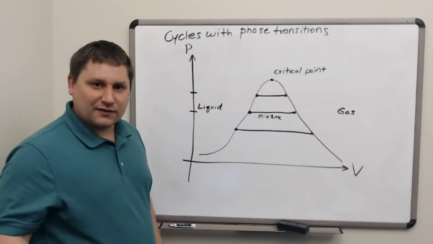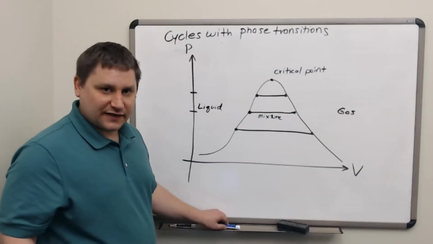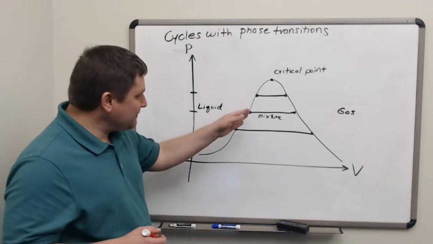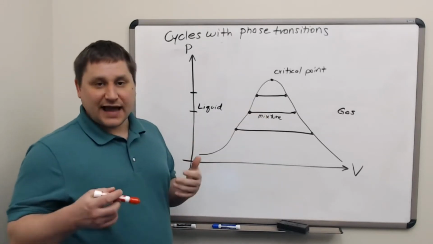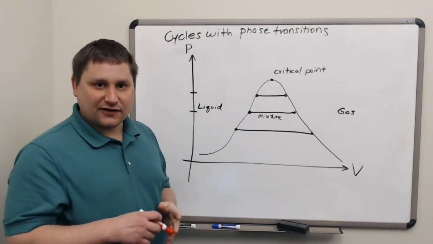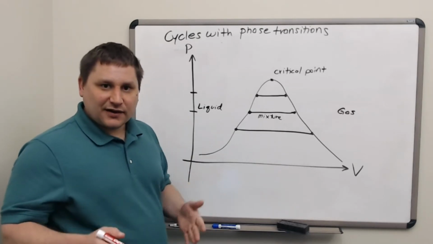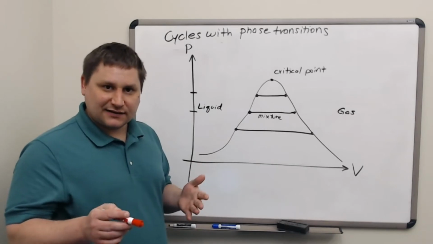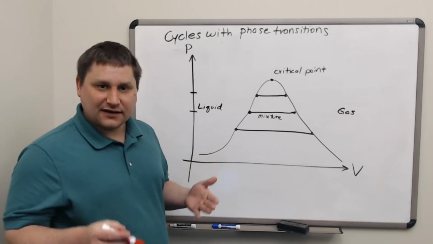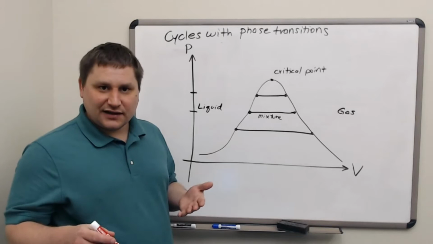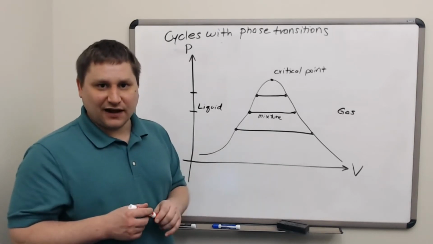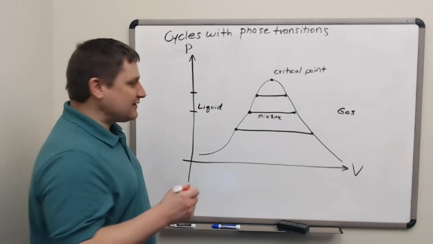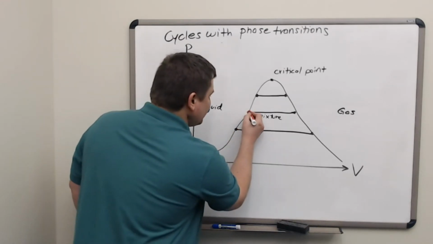The second important property of phase transitions on the PV diagram is about the mixture area. If you recall when we discussed calorimetry and phase transitions, in the mixture, the temperature remains constant. The pressure remains constant. The only thing that changes is the fraction of mass in one phase and the fraction of mass in the other phase. This means that when we're in the mixture